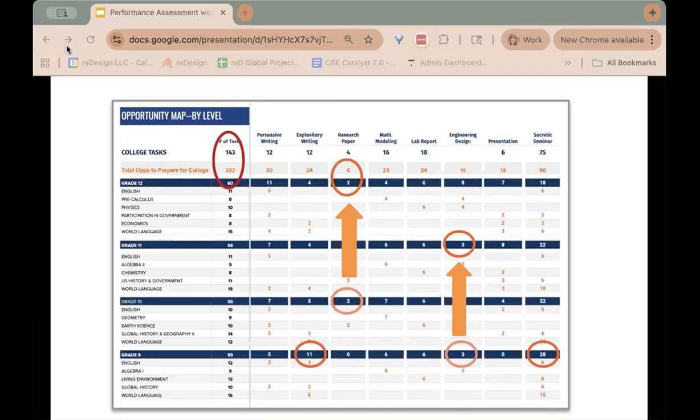So the goal becomes thinking in really careful ways. And we always say to people, start with what you're already doing. Don't build a whole new map from scratch. Start with the performance assessments you've already got going on, small or big, it doesn't matter. Build a map for those and then begin having conversations about, oh, I could do more of this. I notice I lean more into this. I'm not as good at that. Start to have conversations.